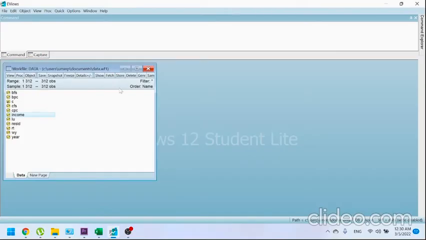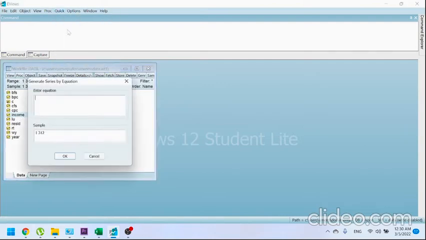In the previous video, I already talked about how to import data from Excel file. Now in this video, I'm going to take the log of each variable. For that, for example, I'm going to use one variable, income, and I will go to quick generate series. First of all, we are going to give the name. For example, I am going to give it a name L income, is equal to